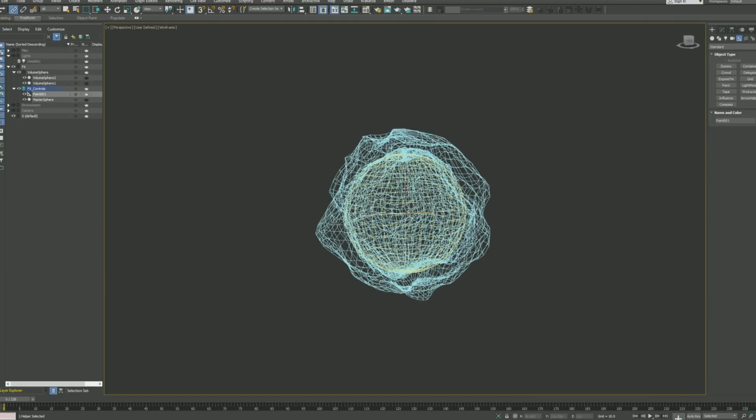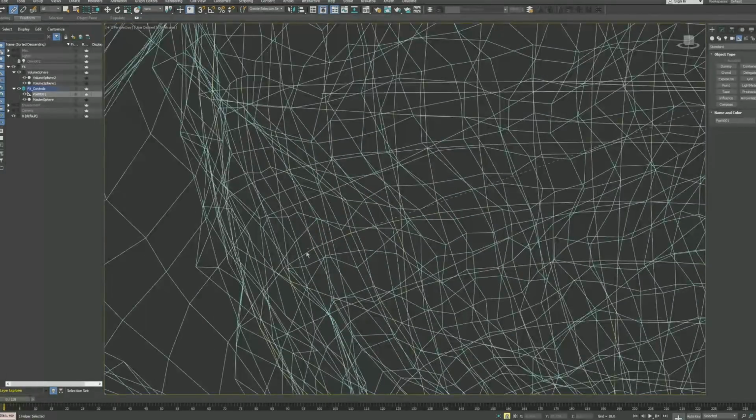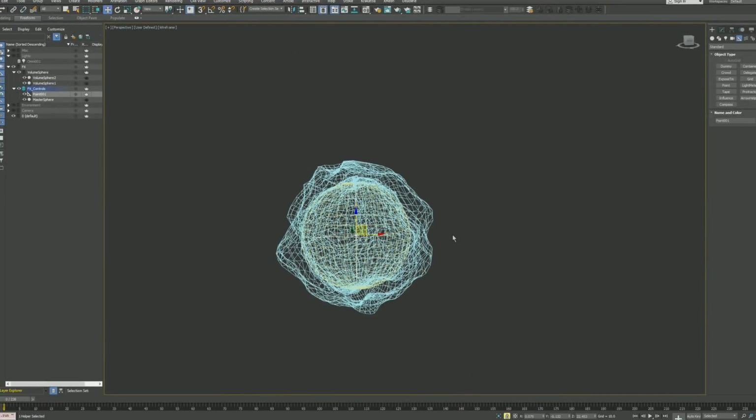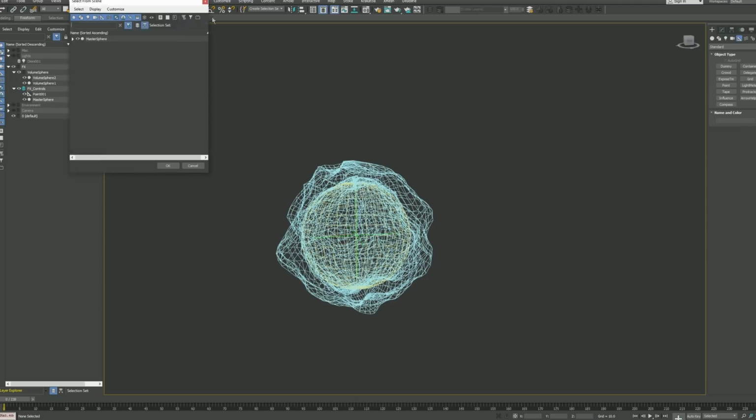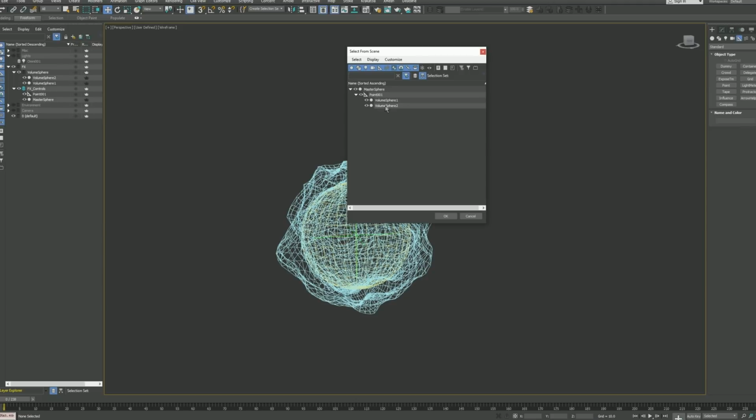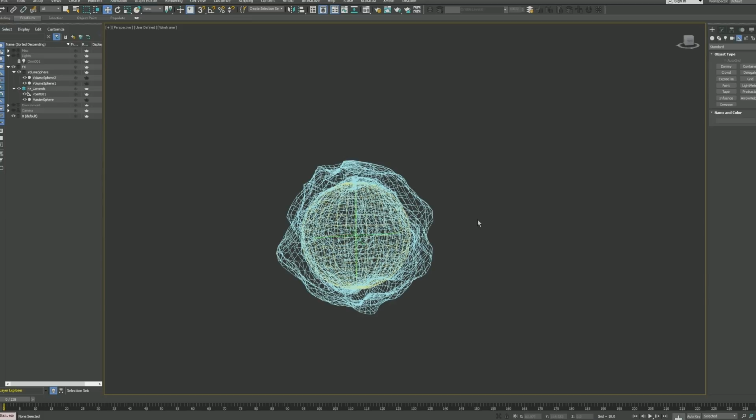Now, what I can do on top of that is I can parent the point to our master sphere. Okay, so if we were to look at the hierarchy of this, all it is, we have our spheres parented to the point, and the point is parented to the master sphere. So now,